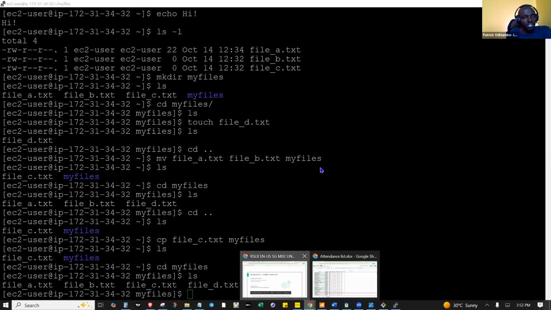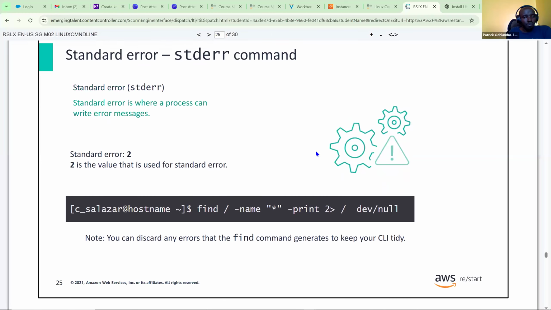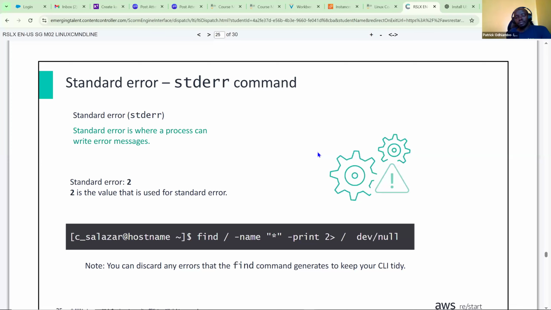Hey, how is time running today? We'll talk about those ones. Let us finish with standard error first. So for standard error